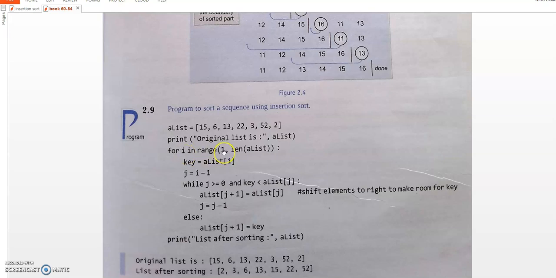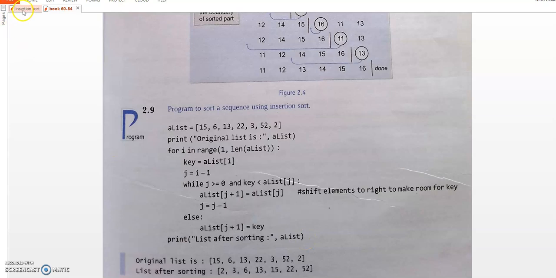It starts from the value of 1, I told, and the j value starts from 0. From the beginning of the for loop till this statement we are sorting the elements which are present in the list.